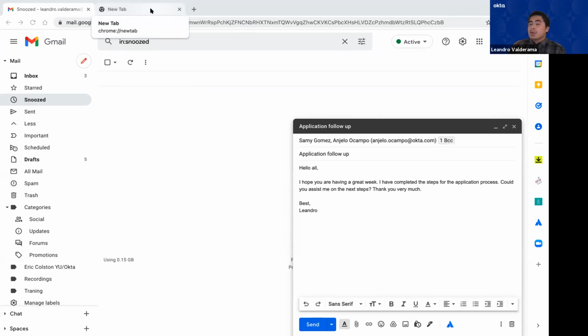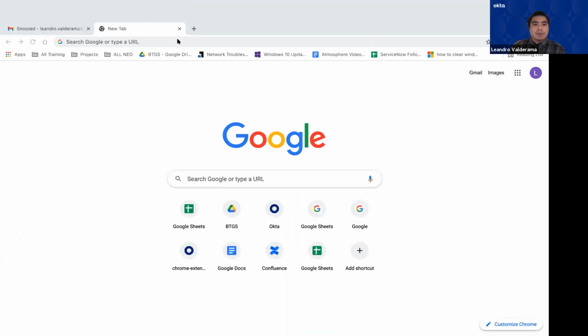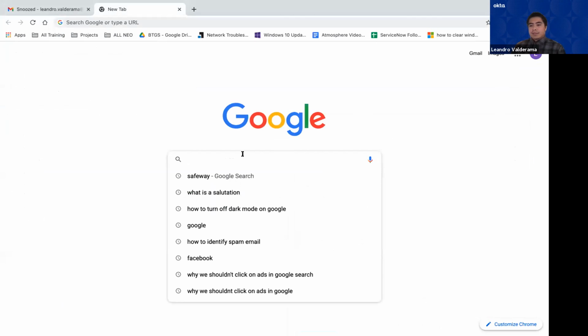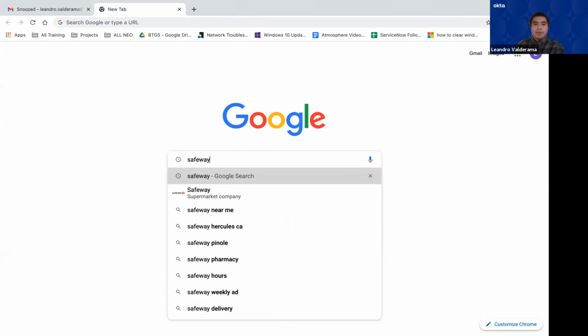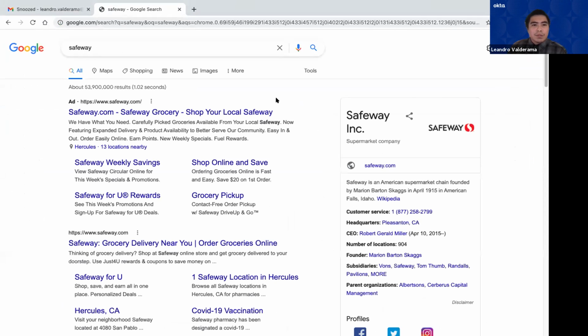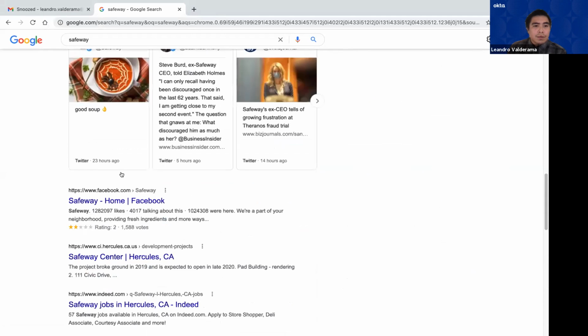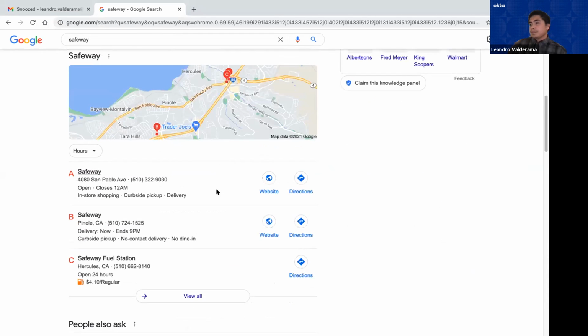I'll go ahead and show how to use the internet search. So if you go on Google and type in, let's say, Safeway, usually some things that you search, it'll bring you an ad, which is something that you don't want to click on. What you want to click on is at the bottom where it doesn't have an ad on it. So like this, or like this.